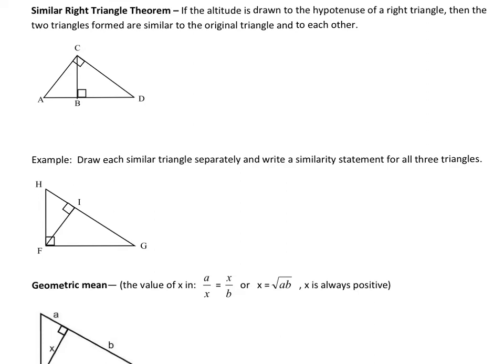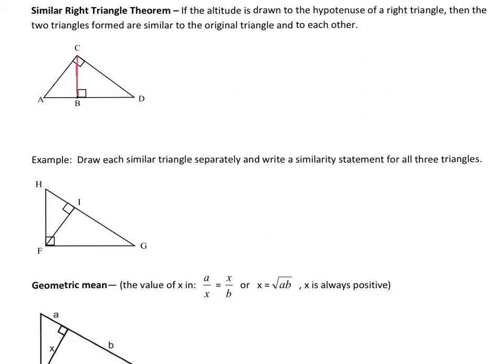Unit 6, Section 4. In this video we're going to talk about two different theorems, and they both have to do with right triangles and their altitudes. So, a similar right triangle theorem says: if the altitude, which remember is this line right here,